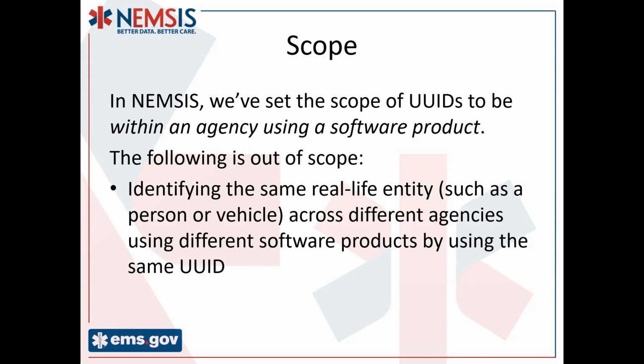And when they send it to Michigan or they send it to somewhere else, Wisconsin, I would assume that both states are going to receive the same UUID for that vehicle. Even though each state would receive their individualized required fields, because they may have different licensing, numbering systems, and other things, they would have a single UUID for that entity because it's from one software product inside of one agency being sent to multiple locations. Yeah, I think that would be the correct way to interpret that. Thank you.